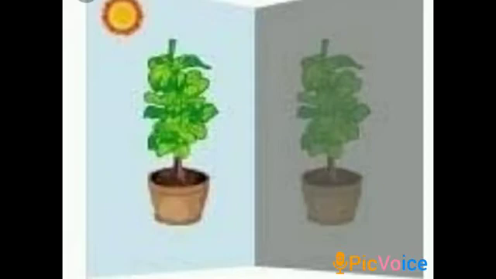Children, do one more activity to find out whether plants need sunlight. Okay, what do you have to do, children? Put a potted plant in a dark place indoors. And what will happen, children? After a few days, the plant dies. You know why? Because it cannot make food without sunlight. How do plants make food, children? Using sunlight, carbon dioxide and water. If there is no sunlight, they cannot make food.